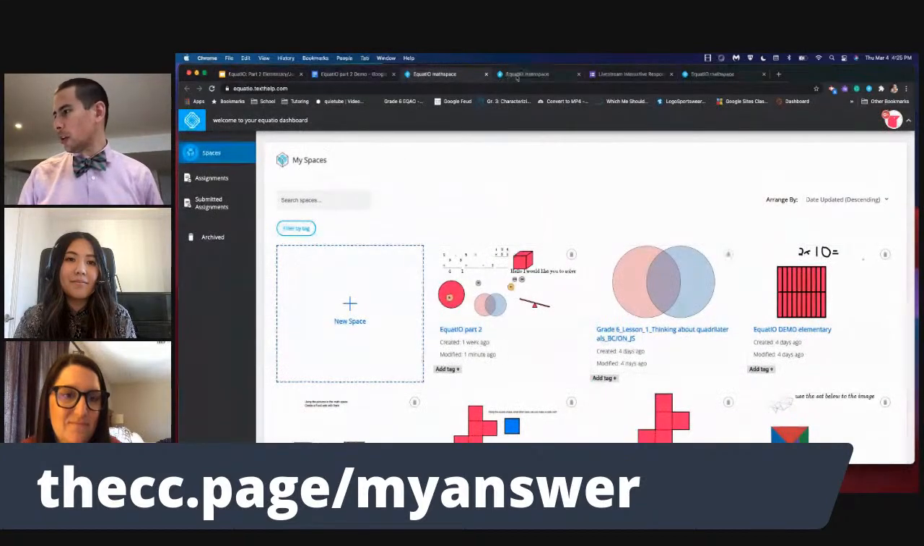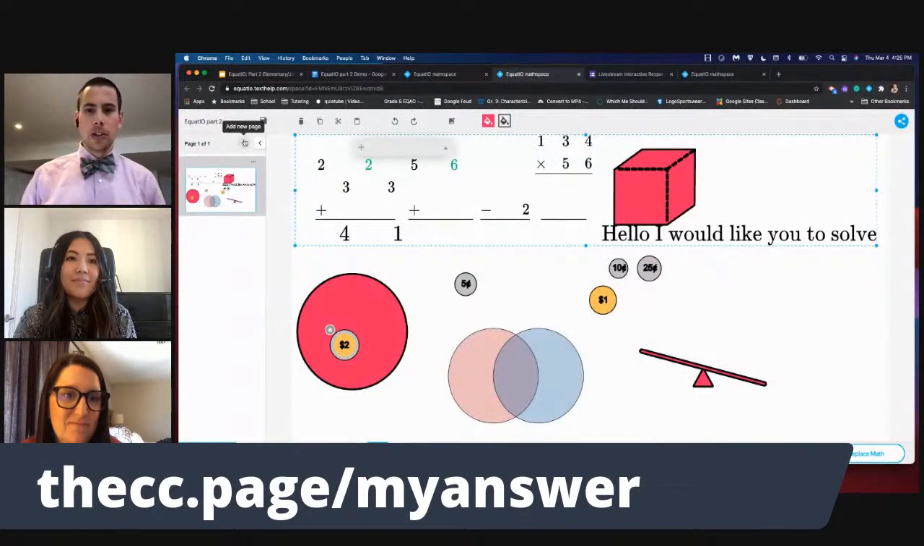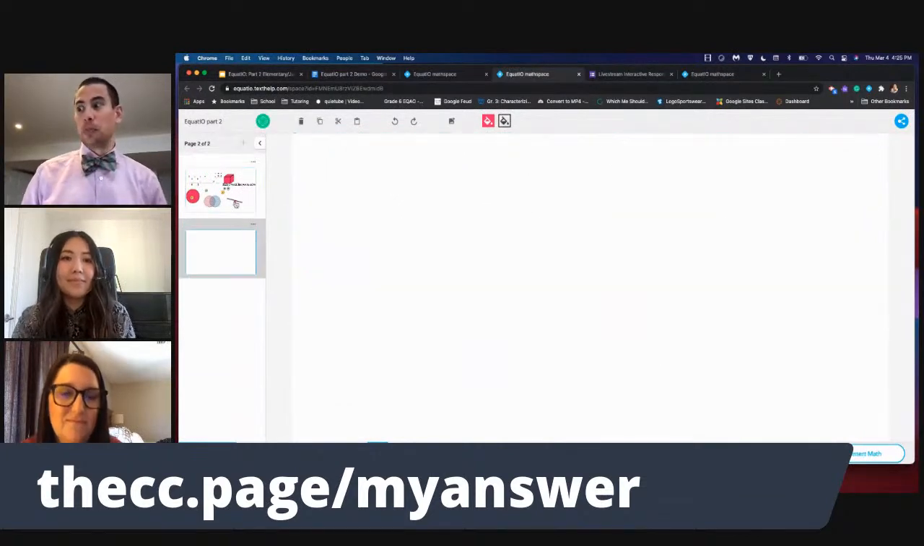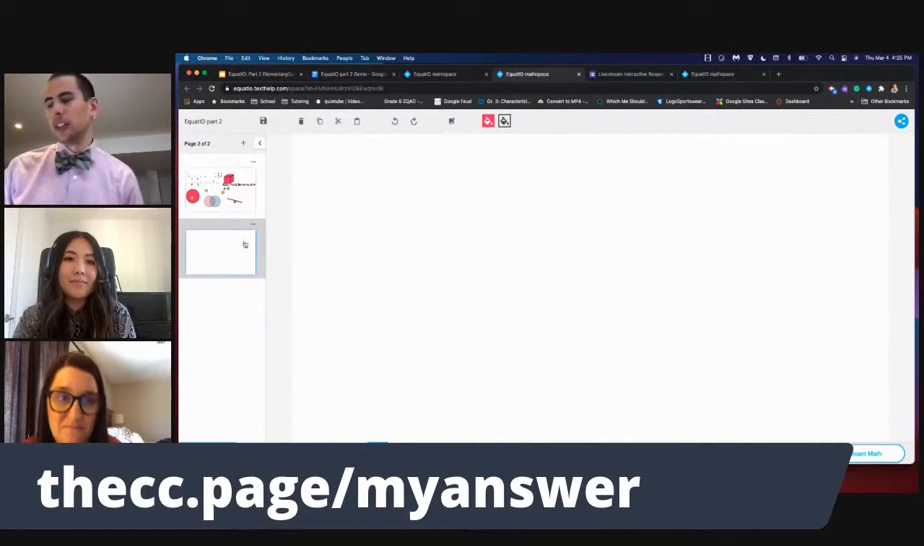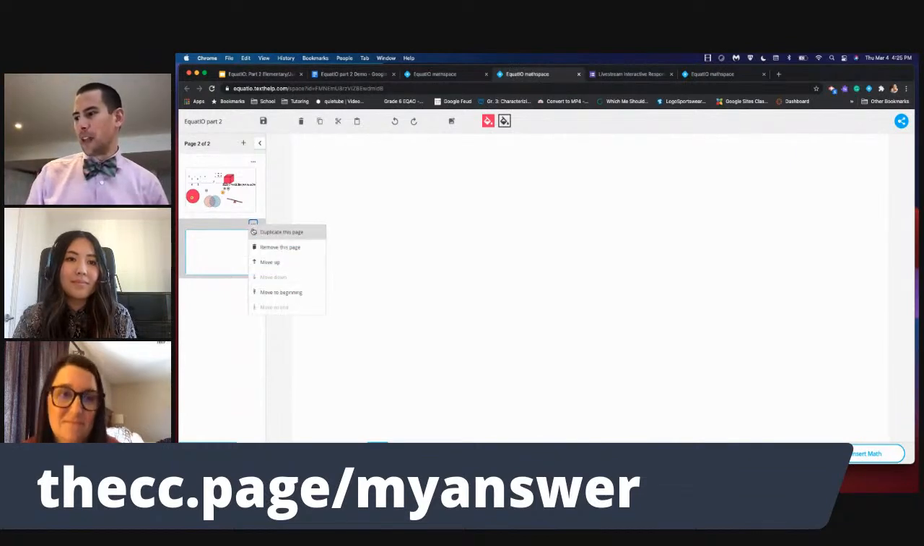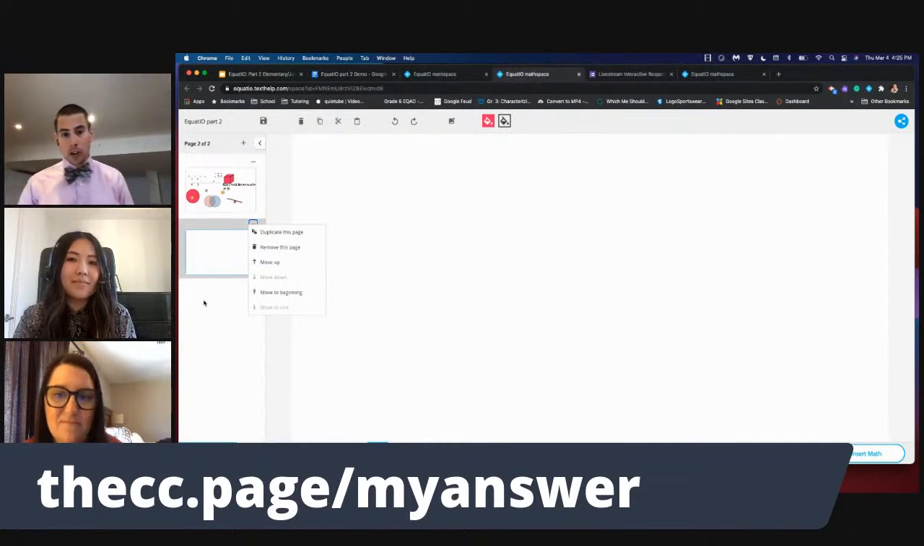Oh, I know the one thing I didn't show you is that you can have multiple pages, which is a brand new feature of EquatIO that I love. Well, not brand new, but it's there. And you can duplicate pages and you can move them up and down like a slide deck, which is pretty cool. So give it a chance to try it. And if you have questions, put that into that Google form,